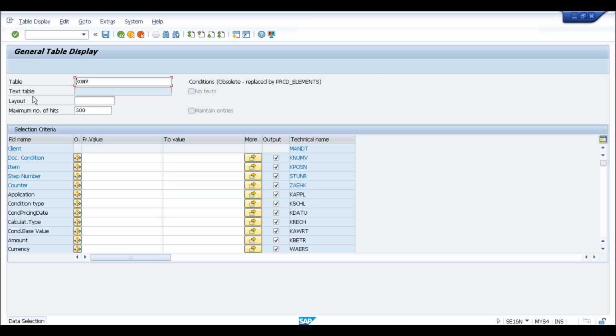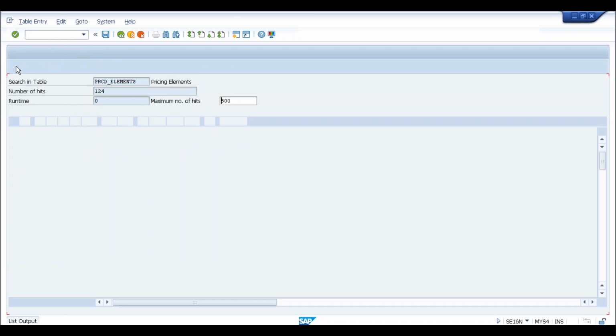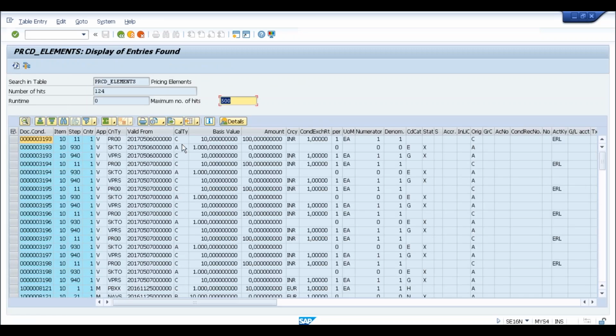So if I execute this, it is not going to show any data, no data found. Okay, because there is a new table in place, which is PRCD_ELEMENTS. This will hold the complete data now. So if I just go with this table, PRCD_ELEMENTS, and if I just execute this, it will hold all the condition related information starting from SAP S4HANA. So if I want to know the conditions which are specific to this particular sales order, what I will do, I'll go to